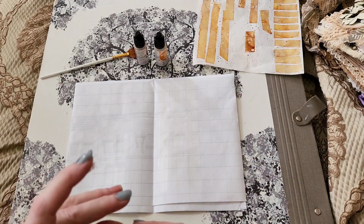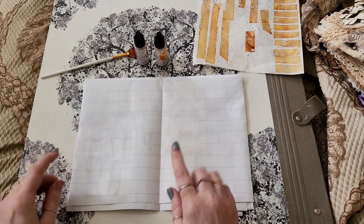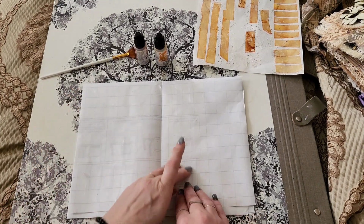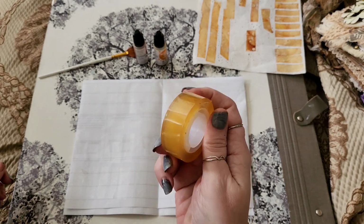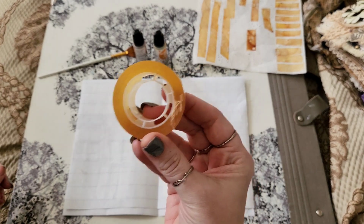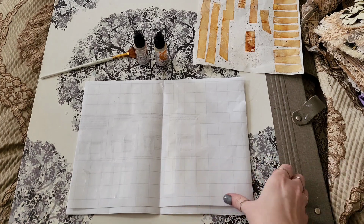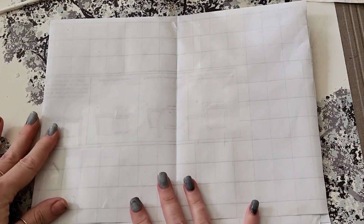So I just thought I would show you guys the difference between what the hand cut ones look like compared to ones that you get from this roll. It looks yellow, that's why I thought it was cool. Not nearly as yellow as I want it. You can see a subtle difference, and it does make it easier to see where you're taping it onto white paper, but that's about it. Okay, so the next step,